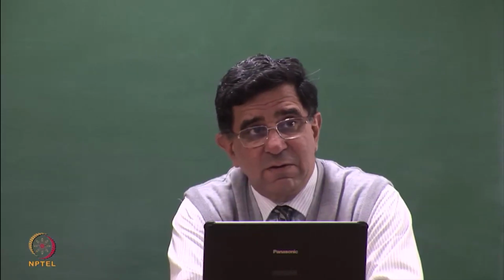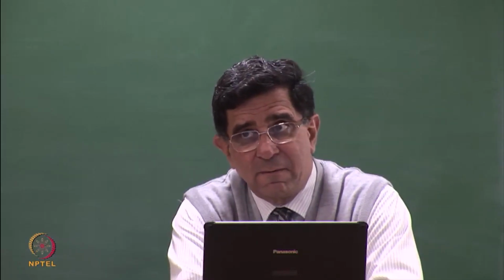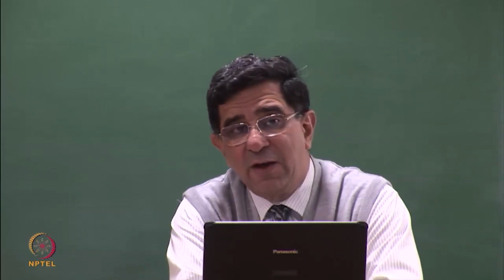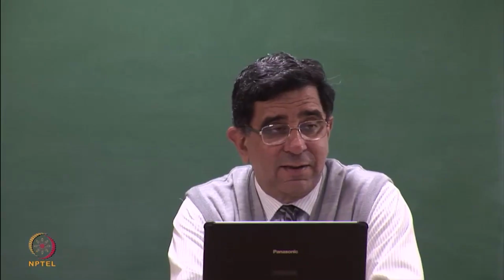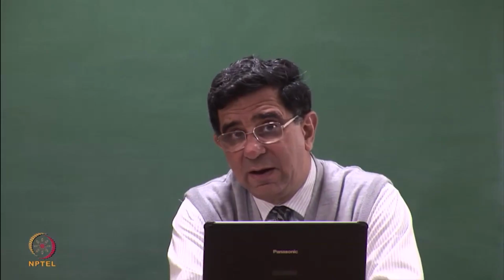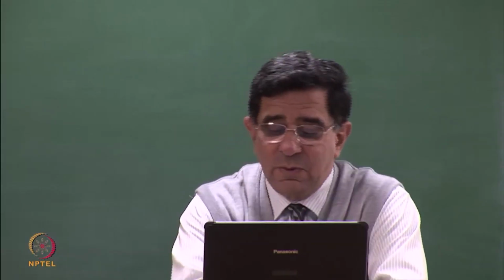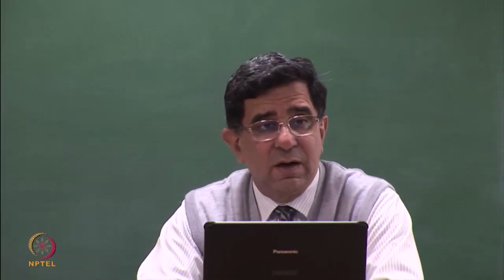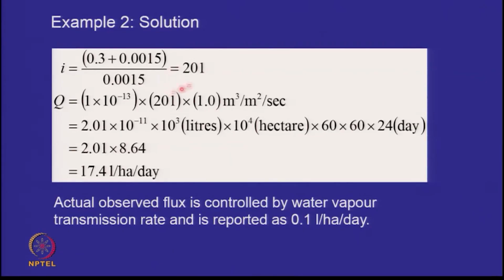In fact, can you tell me what is the hydraulic gradient here? 201. And what was the hydraulic gradient in the clay? 1.33. So the hydraulic gradient is very high. So consequently, what do you get as your Q in liters per hectares per day? So with the hydraulic gradient, anybody would like to give me a value? 0.17. So you should get 0.17,